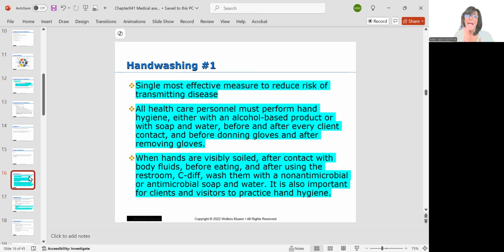Okay. You have to do hand sanitizing before and after client contact, before you put gloves on, and after you take gloves off. And to choose whether it's hand washing or hand sanitizer, are your hands visibly soiled? Or were you in contact with someone who has C. diff? Wash your hands. If not, then you can definitely use a hand sanitizer. Same rules apply for the hand sanitizer. Put some in, rub your hands together, under your nails, everywhere, until your hands are dry. Okay?